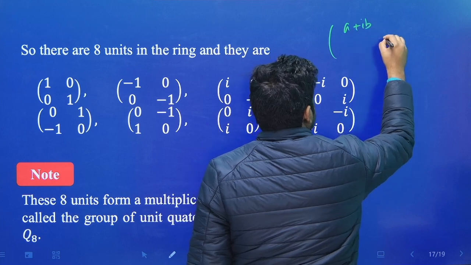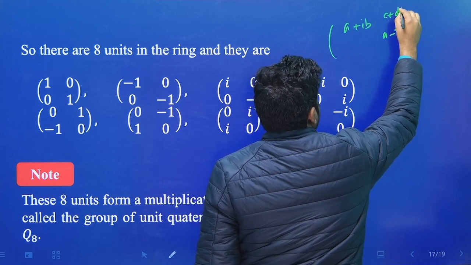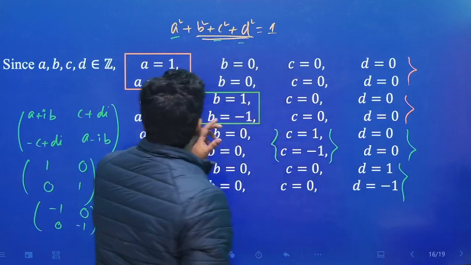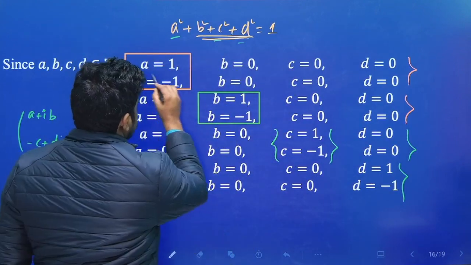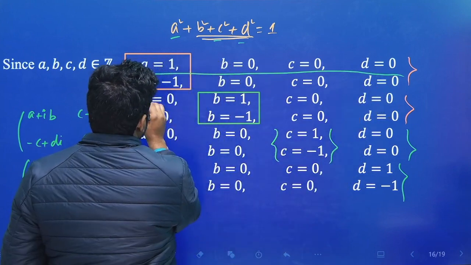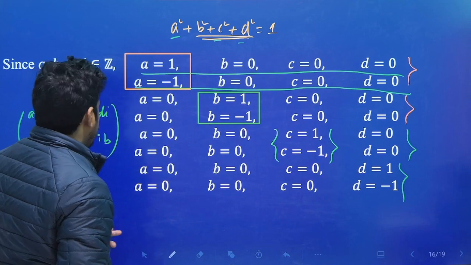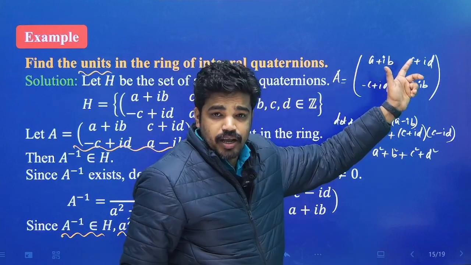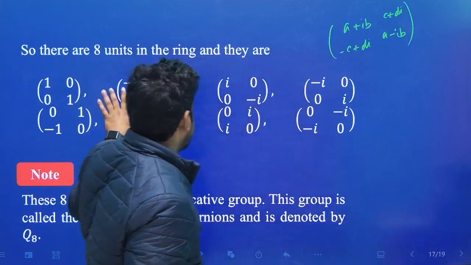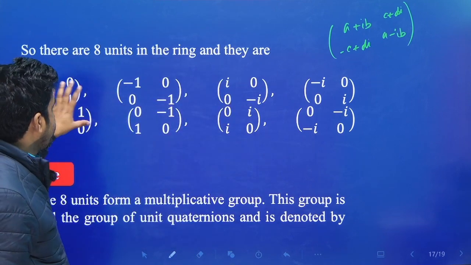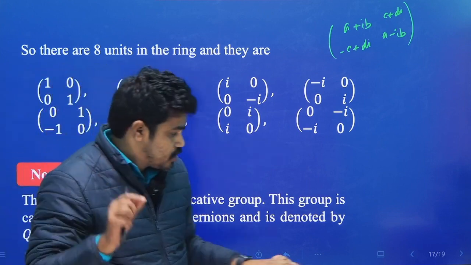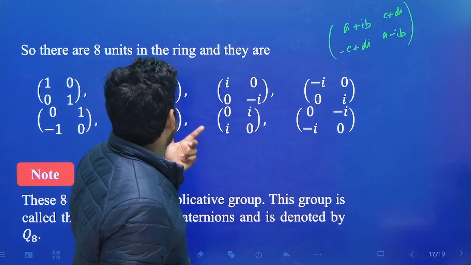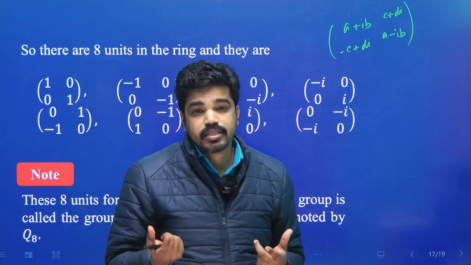a plus ib, a minus ib, c plus di আর মাইনাস c plus di, এর মধ্যে তুমি ভ্যালুগুলো পুট করো। এই ভ্যালুটা পুট করো ফার্স্টে, ঠিক আছে। এই ভ্যালুটা পুট করলে তুমি এই 1 0 0 1 পেয়ে যাচ্ছ। তারপরে তুমি এই ভ্যালুটা পুট করো, তাহলে তুমি পেয়ে যাবে মাইনাস 1 0 0 1। তারপরে তুমি এই ভ্যালুগুলো পুট করো। প্রত্যেকটা ভ্যালু পুট করলেই এই ম্যাট্রিক্সের মধ্যে a b c d ভ্যালুগুলো পুট করলে তুমি এই ম্যাট্রিক্সগুলো পেয়ে যাবে। ওকে, সো দিস আর দ্য ইউনিটস অফ ইন্টিগ্রাল কোয়াটারনিয়ন্স, ঠিক আছে। সো উই হ্যাভ 8 units in the ring of integral quaternions, so it is a very very important example, ঠিক আছে।